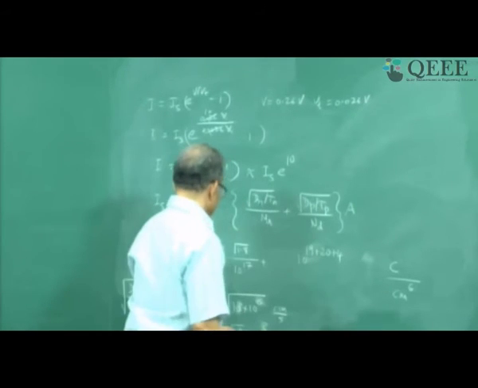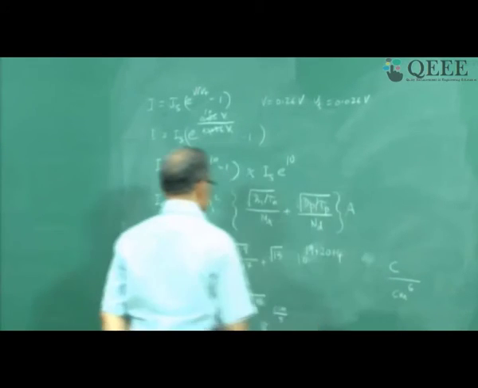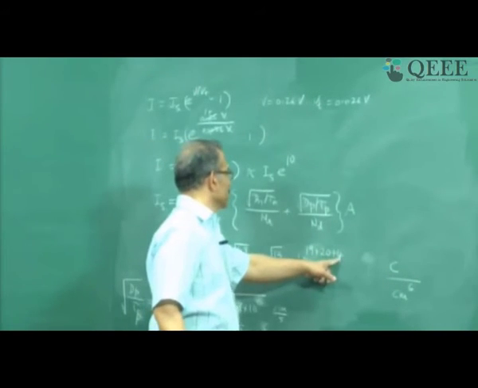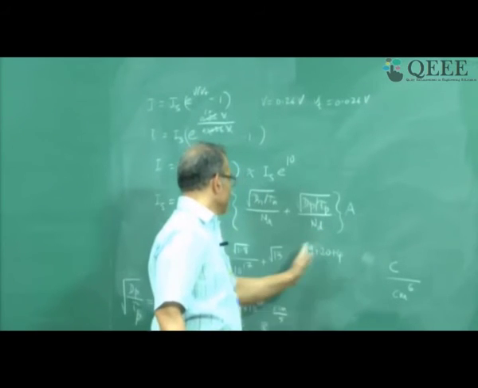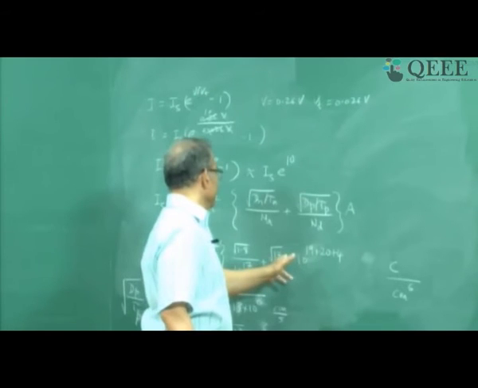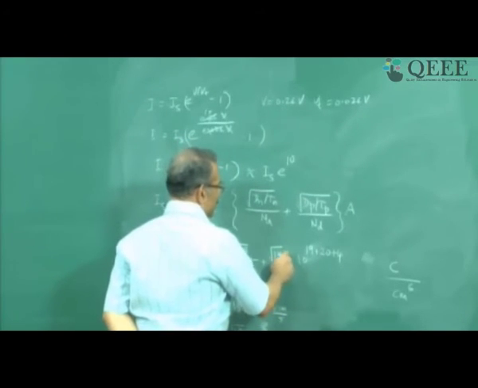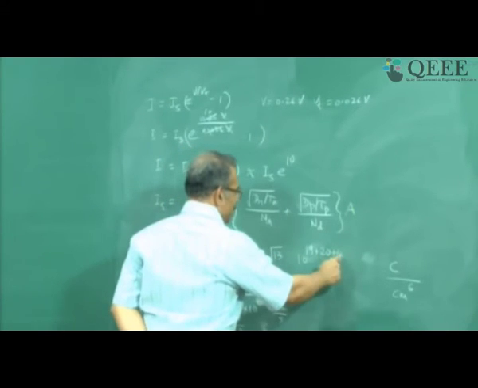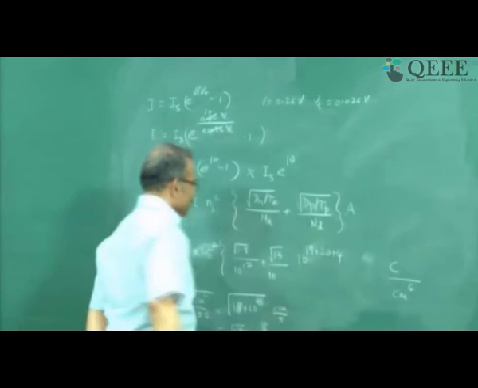So I will put it here. Here I get square root 13 into 10 power 3. Now I have moved out 10 power 4 out of the bracket. Therefore inside I should divide it by 10, because this is 10 power 3, and since I have taken out 10 power 4, I have to divide by 10. And Nd, let us take Nd.